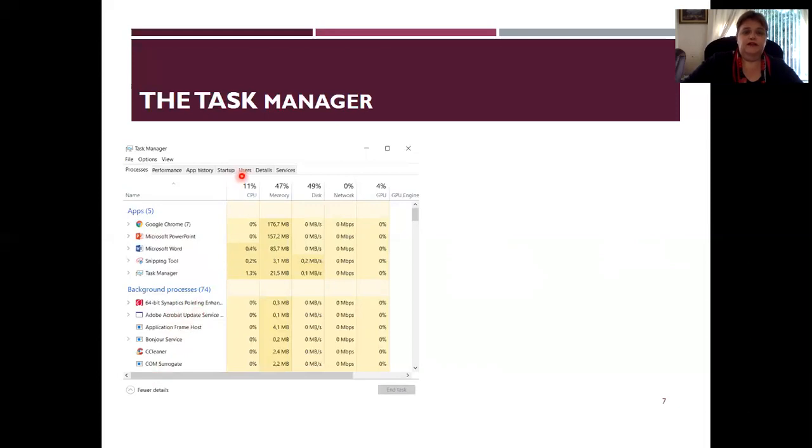Okay, what you can see here is exactly how much memory and how much RAM is being used. So from my CPU, 11%, and each one is allocated. I can see the memory, how much of my disk is currently being used by these programs. As you can see here by Google Chrome, just